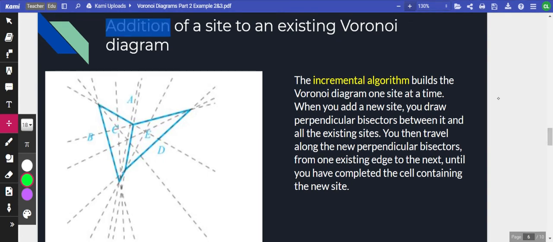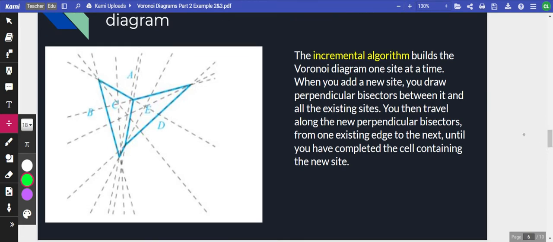So adding a new site to a Voronoi diagram can be a little tricky. So we created something, or they created something, called the incremental algorithm that builds the Voronoi diagram just one site at a time. So when we add a new site, you draw the perpendicular bisectors between it and all of the existing sites. So you would add your new site, and then you'd have to add in the new perpendicular